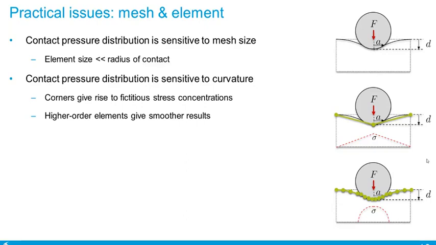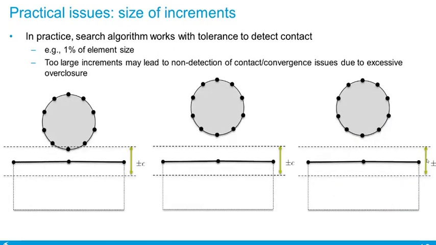What you can do is to use higher order elements so that you have a smoother curvature and hence a smoother stress distribution. Then there is another issue about size of increments. In the actual implementation of contact algorithm, the activation of contact depends on the tolerance. When a body comes close enough to a surface determined by a certain tolerance, this node would start to activate